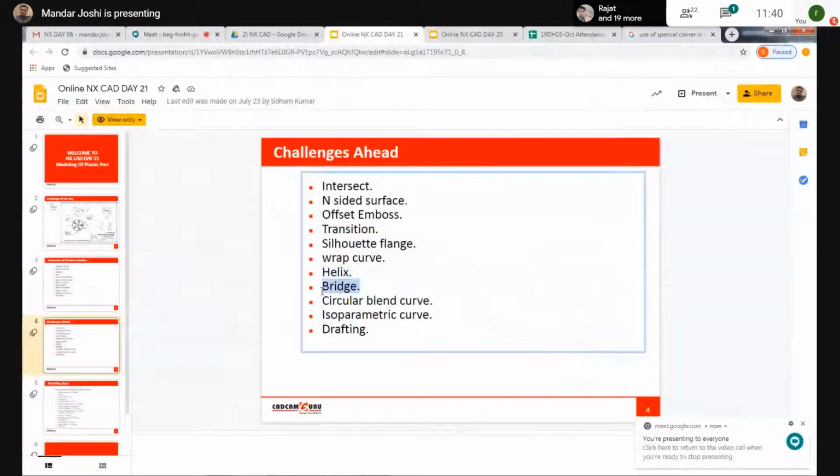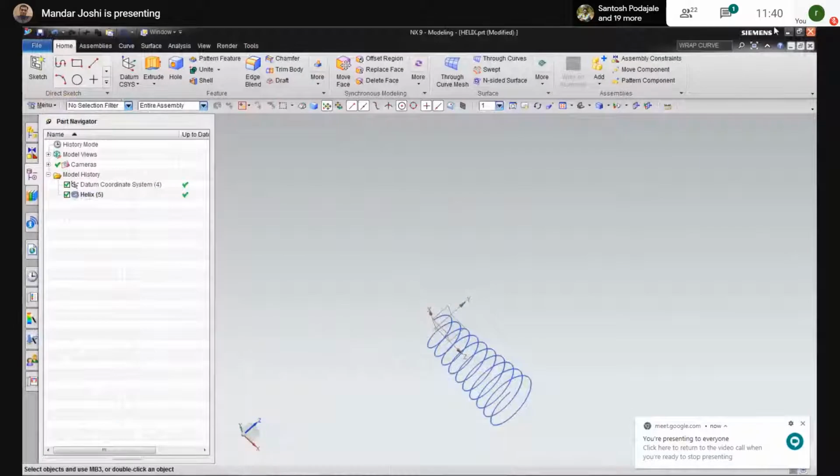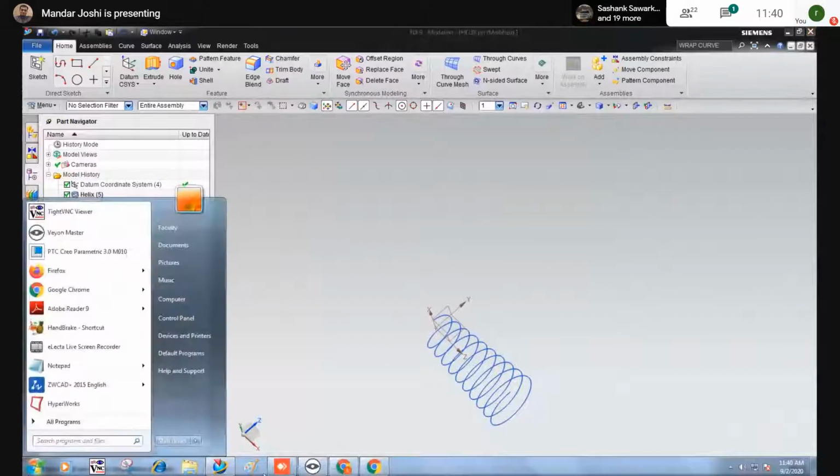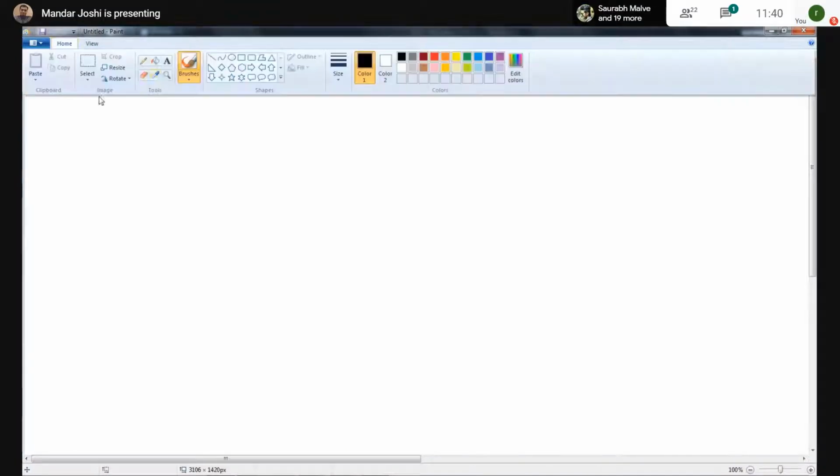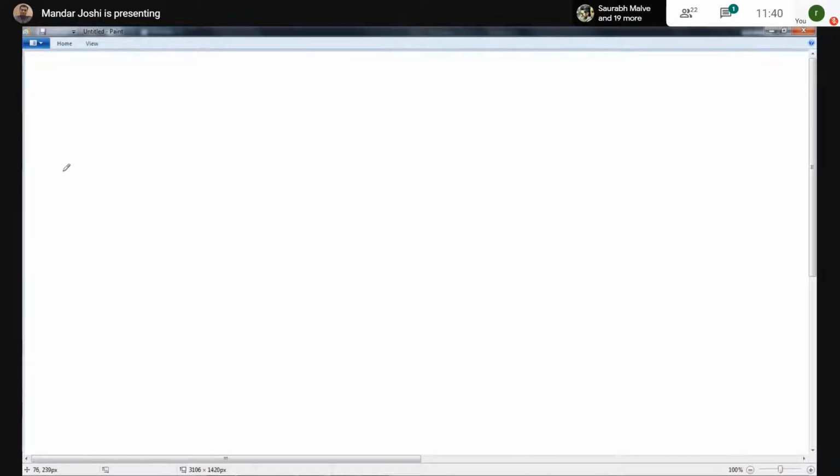Clear. The next option is Bridge. The function of bridge is to connect two surfaces. So suppose there is one surface available here, and the second surface is here. This is surface number 1, this is surface number 2.